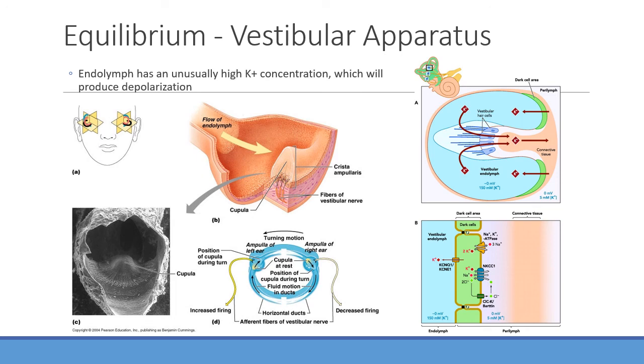Or if it's going the other direction and it's closing off more channels, then that will cause the cell to be what? It'll be hyperpolarized. Yeah, it's going to be less likely to have action potentials being signaled. And then again, each of those changes, whether it's more or fewer action potentials, sends a signal to the brain saying, hey, something's going on here, essentially. That kind of makes sense? Okay.